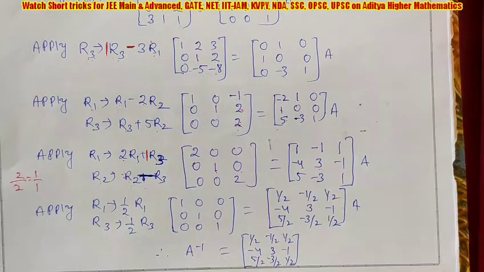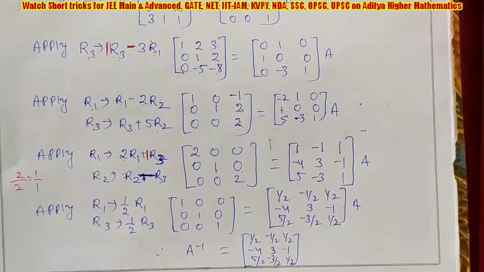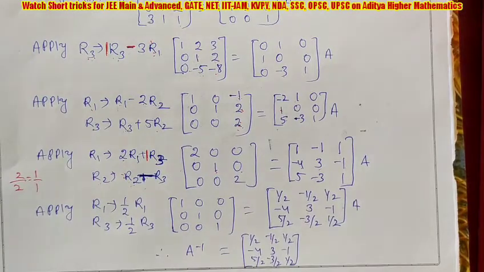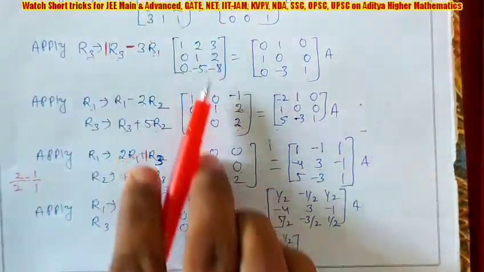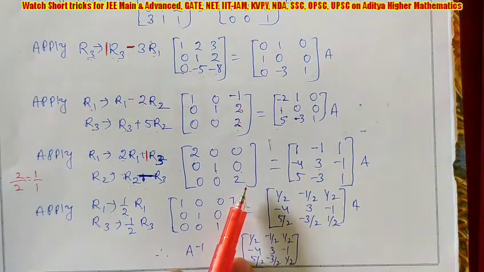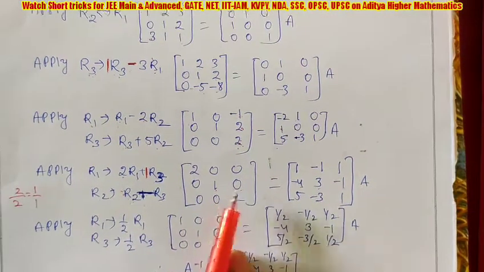And when they are making 1, they are dividing, and after division they are getting fractions. And when we are doing elementary row operations, you have to do it carefully. If you are computing with integers, there may be a chance of mistake, but when we are calculating with fractions, there is more chance of mistake. But here we are not getting any fractions in our elementary row operation computing. We are doing only integers.